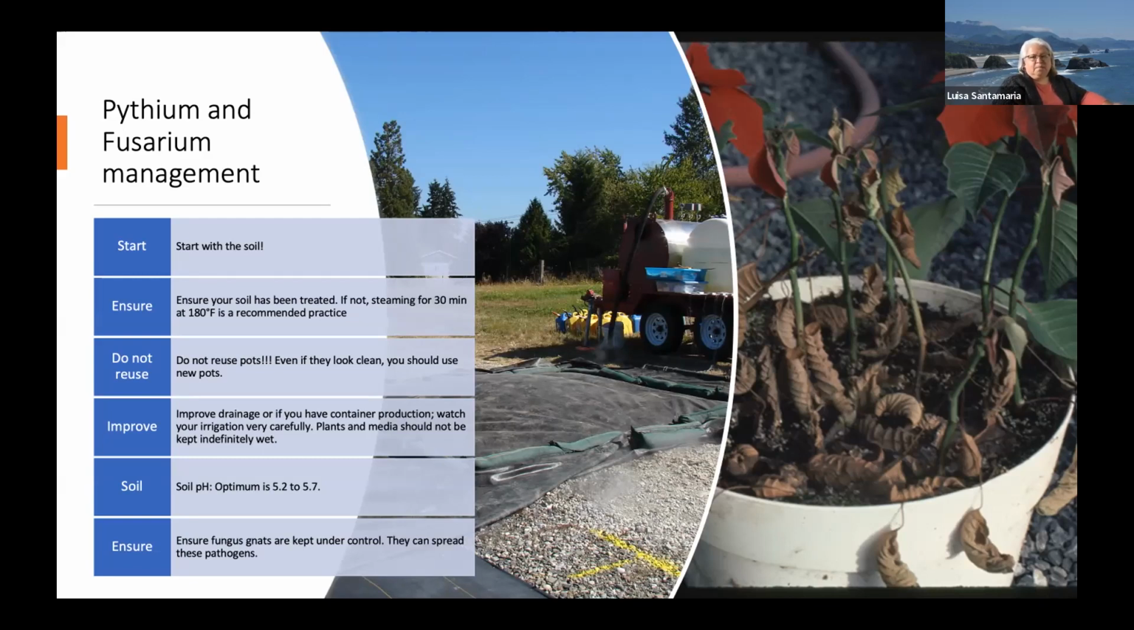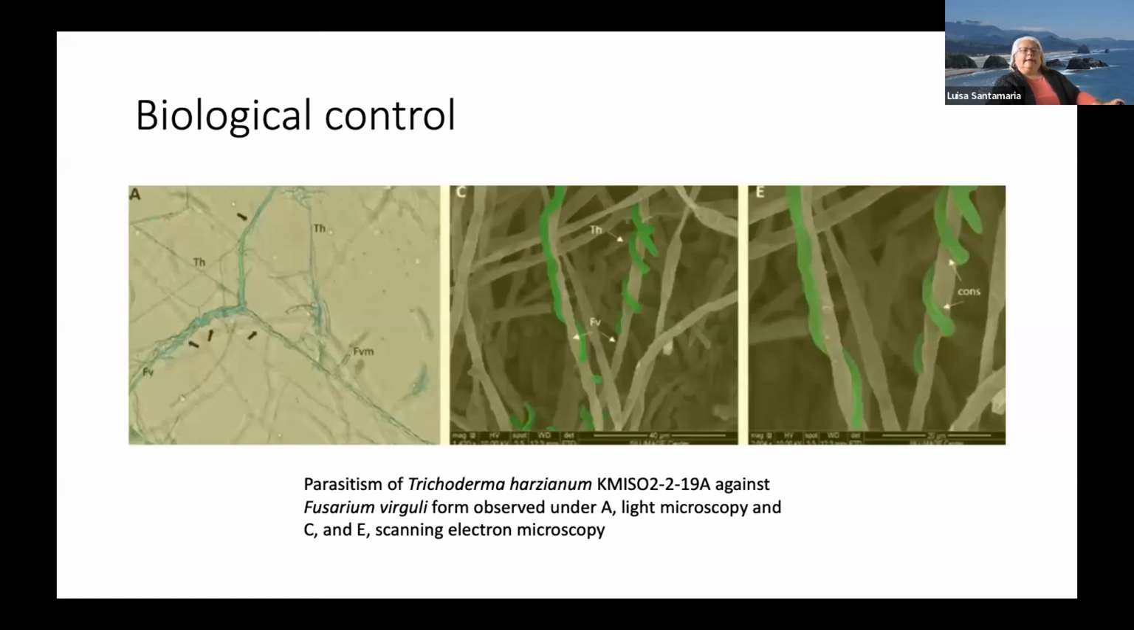So be careful with them to control any kind of insect in general. There is some reference about biological control of Fusarium, and I found this that I like, which is Trichoderma harzianum controlling Fusarium virguliforme. This is on soybeans, but I like it, the pictures kind of show how this Trichoderma could control